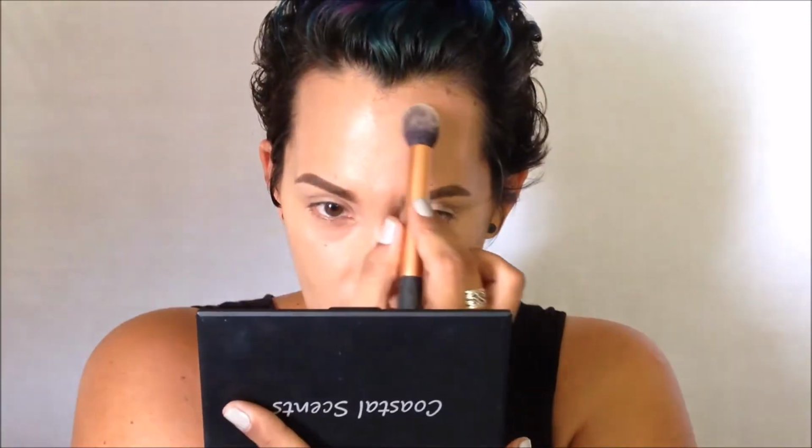So depending on the shape of your forehead, your contour shape is going to change. For me, my forehead isn't overly broad, but it's quite high. As you guys can see, I've got a very high forehead. So I tend to contour across the top of it and bring it down this way, because I do want to create more width across here, across my eyes. And if I bring the contour in this way, it's going to bring my forehead in. So I tend to come this way, kind of like in a diagonal, and then blend back and forth over the top of them. And then once again, if you need to help blending, take up a little bit of your face powder